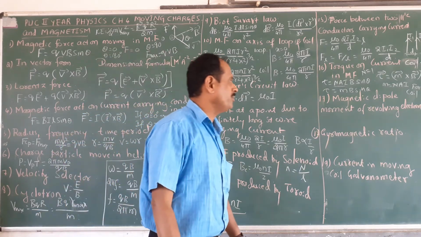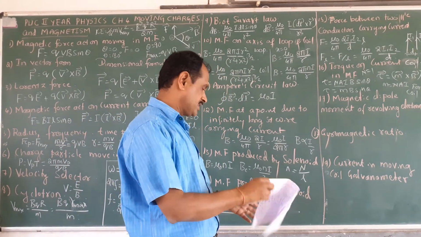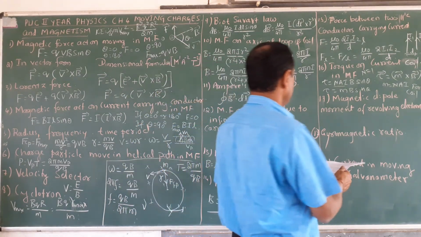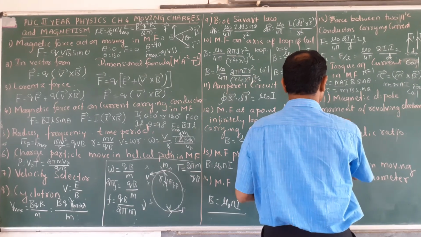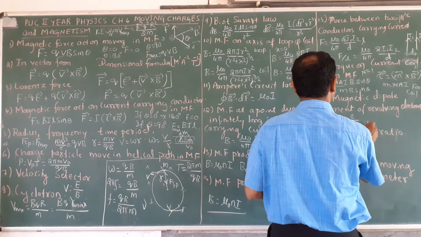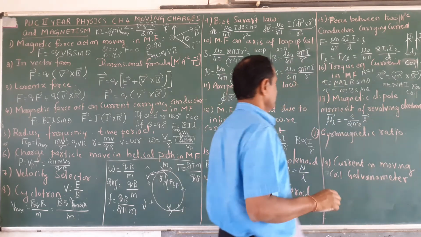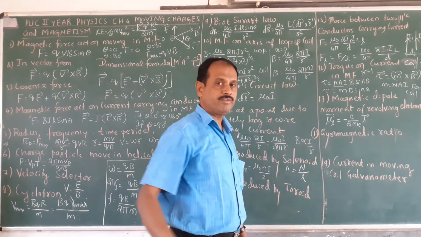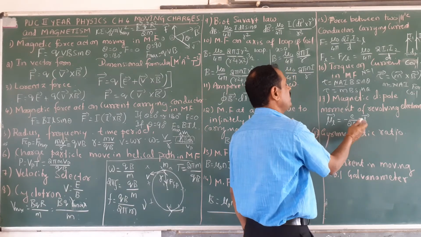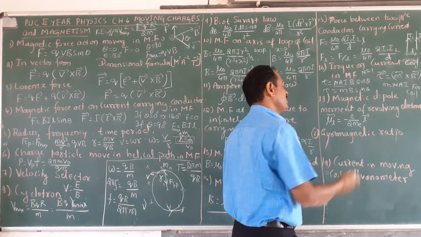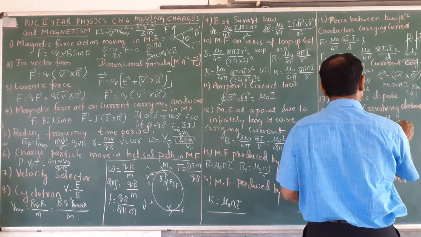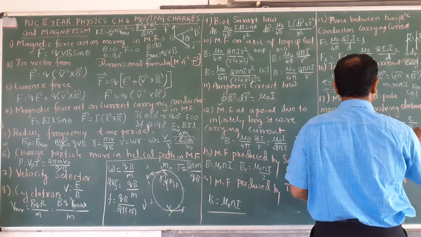The magnetic dipole moment of a revolving electron, what is the expression for this one? And the gyromagnetic ratio I have to take here. Yes, magnetic dipole moment mu L, in vector form, is equal to minus e divided by 2me into L. This is the magnetic dipole moment of a revolving electron or a moving charged particle in a circular path. L is the angular momentum, e is the charge of the electron, me is the mass of the electron. Now gyromagnetic ratio mu divided by L is equal to minus e divided by 2me.